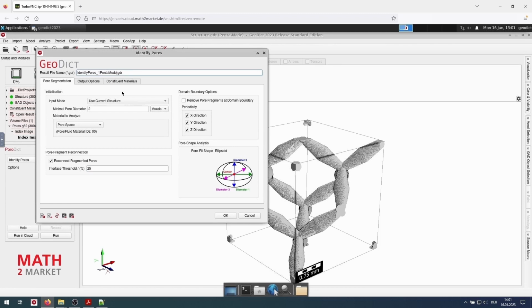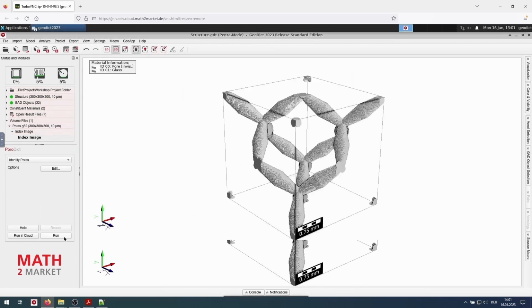Again, we rename the result file name to thresh25, which is just the threshold of 25. We click OK and run.